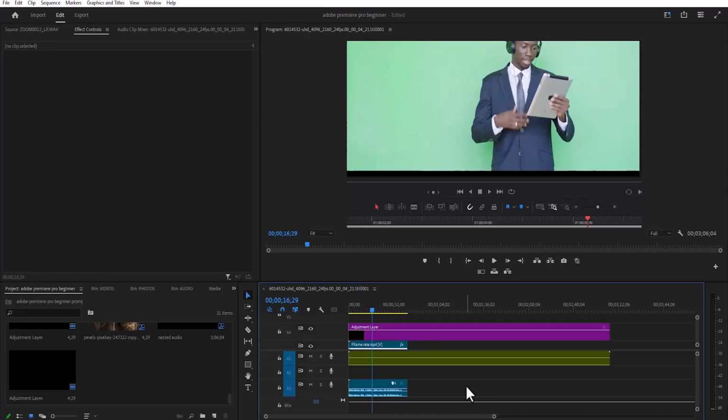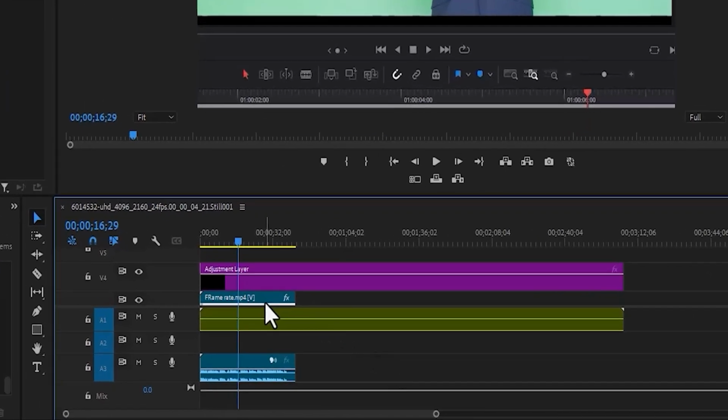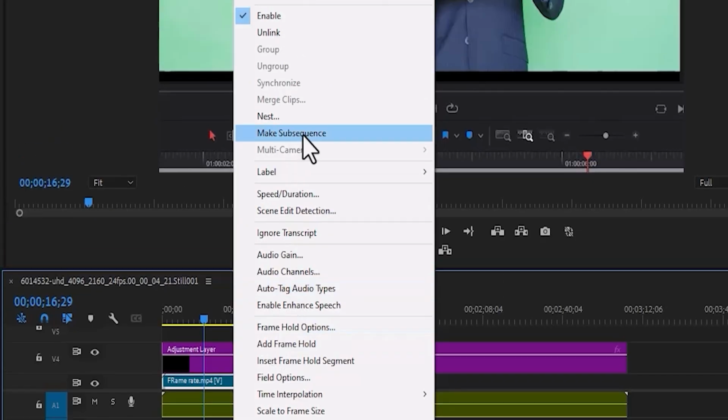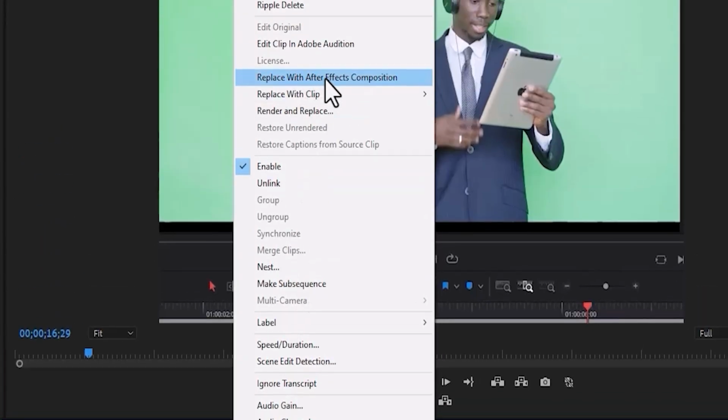In this tutorial, I'm going to show you how to permanently fix the Adobe Premiere Pro to After Effects dynamic link error. So this tutorial will show you how to fix the replace with After Effects composition grayed out error. So for example, if you come over to a clip and you right click on it and you go up and you're trying to select this replace with After Effects composition, but on your end it is grayed out,